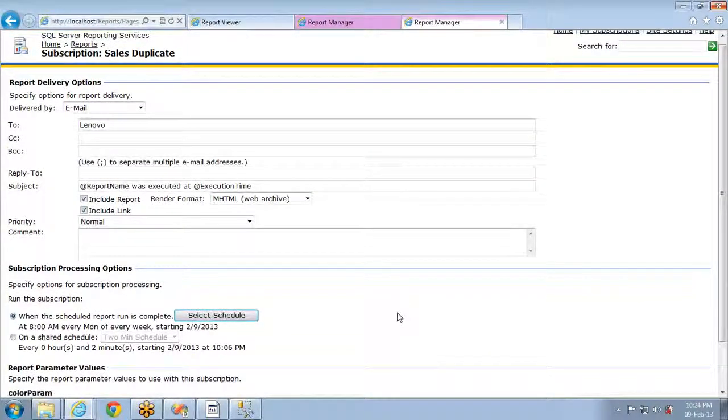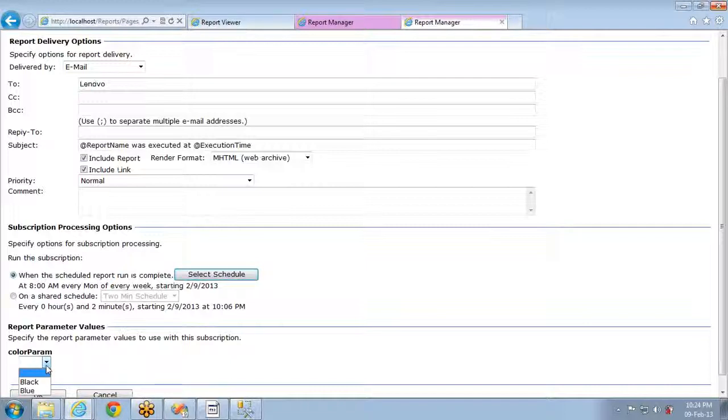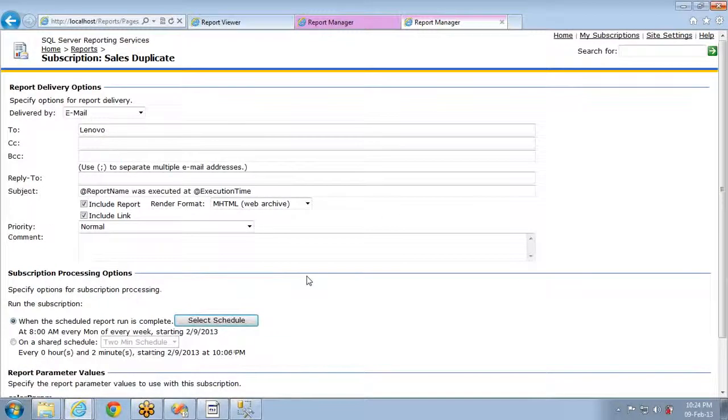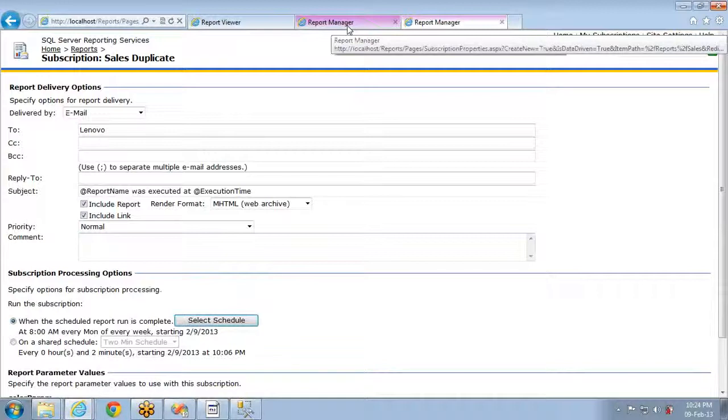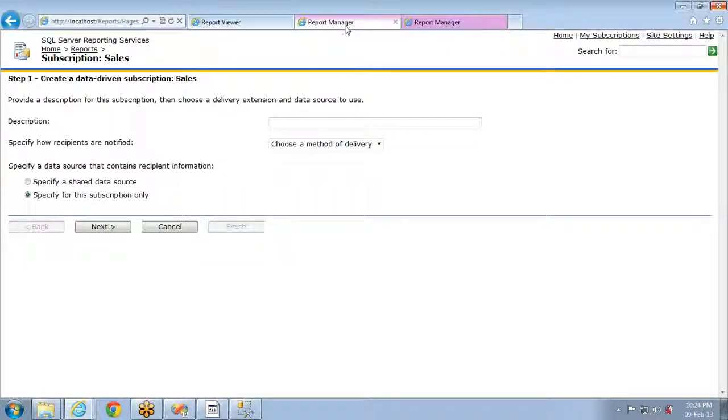you can see at the end, select the parameter, right? You have to select the parameter. So this is the normal subscription, but it means you have to select some parameter, either blue or black, that is hard-coded. Static, only one value you can select. But in data-driven subscriptions, you can pass the values dynamically, not only for the parameters, but also which format you want to take, where you want to store, and what type of delivery, either file stream or email, what option you want to select. Everything is dynamic, if you can get all these options from the data.